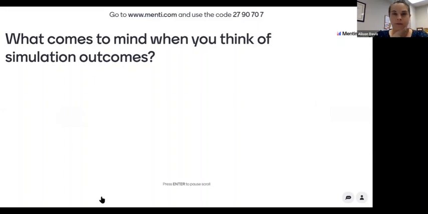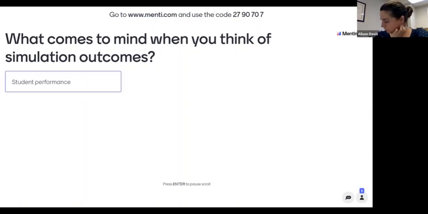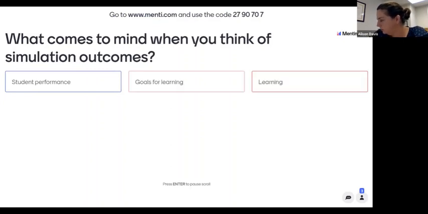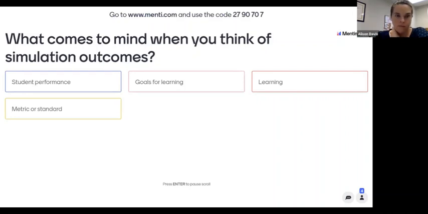Okay, so here's our first question for today. What comes to mind when you think of simulation outcomes? You can put a word, you can put a phrase. First thing that pops in your mind, what comes to mind when you think of simulation outcomes? Student performance, goals for learning, metric or standard,